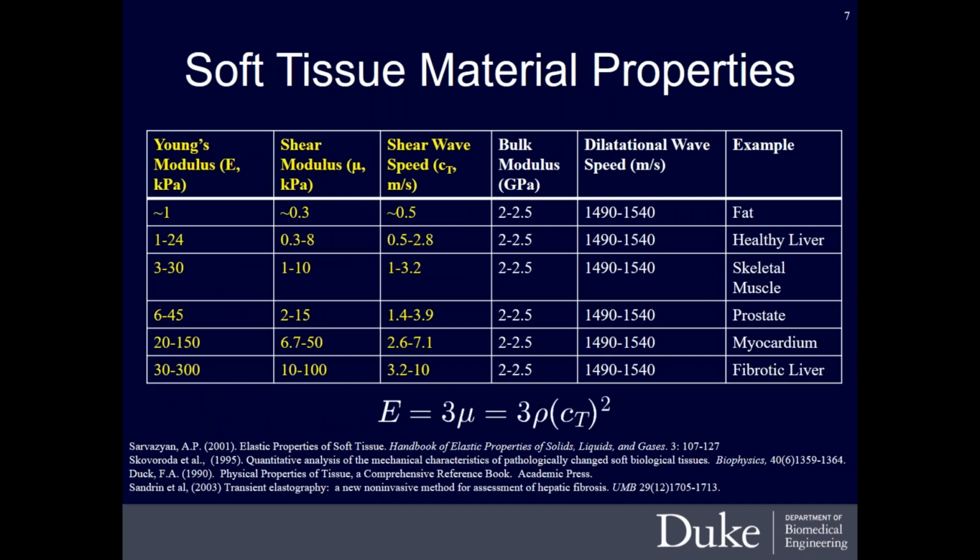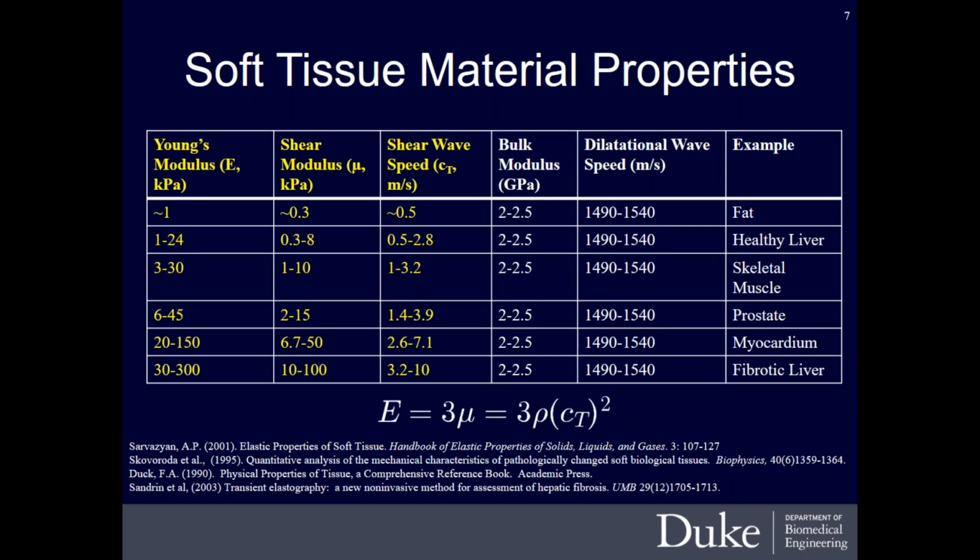To give some context of why there's also motivation from a characterization standpoint, the stiffness of a material can be characterized by its Young's or its shear modulus. Typically in the literature, those are represented with the variables E for Young's modulus and mu for shear modulus. What I've listed in the table here is for a variety of types of tissues and disease states of tissues. You can see there's a pretty large dynamic range for how much that modulus might change. For example, fat could have a nominal Young's modulus of 1 kilopascal, where kilopascal is the common unit this is reported in, whereas myocardium in the heart could range from 20 to 150 kilopascals.